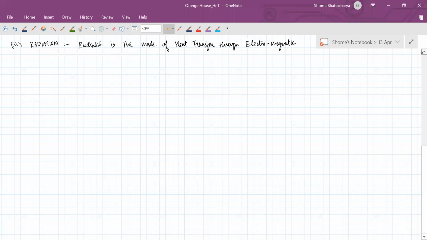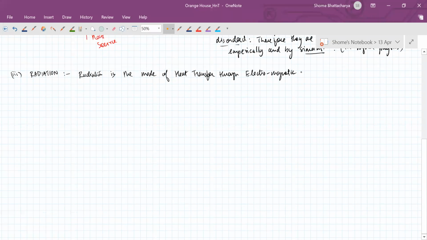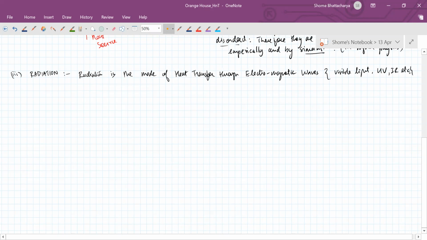Okay. So as you know, light is also part of the electromagnetic wave spectrum. Visible light, okay, UV, infrared, etc. Due to continuous emission/absorption of photons,